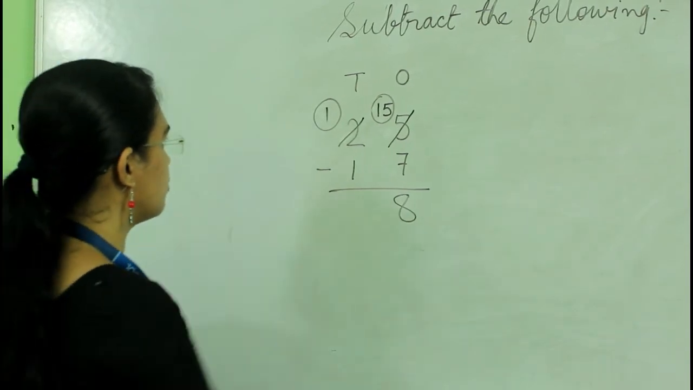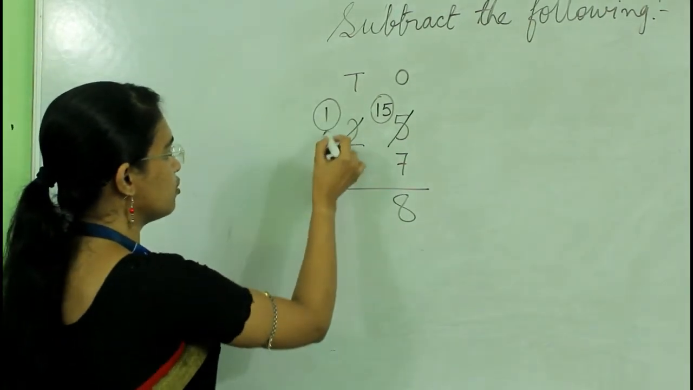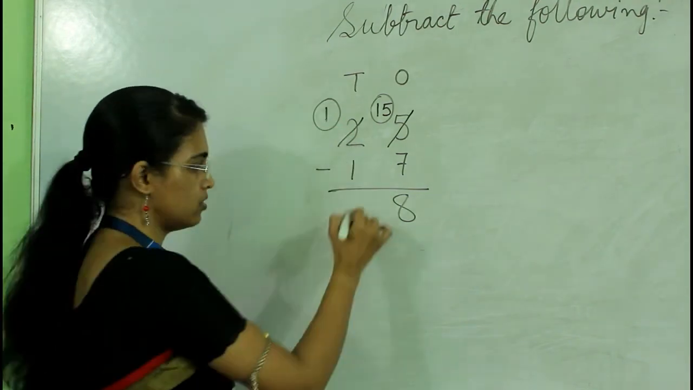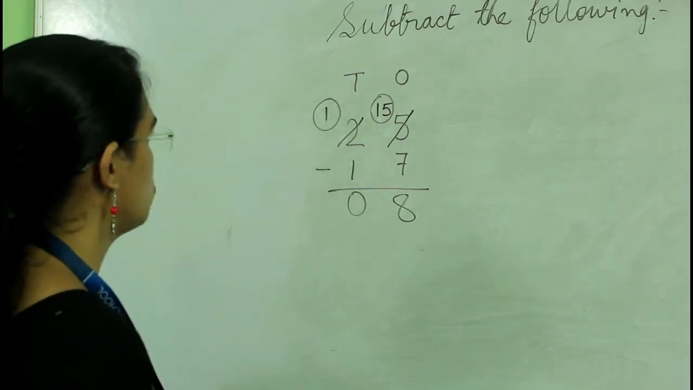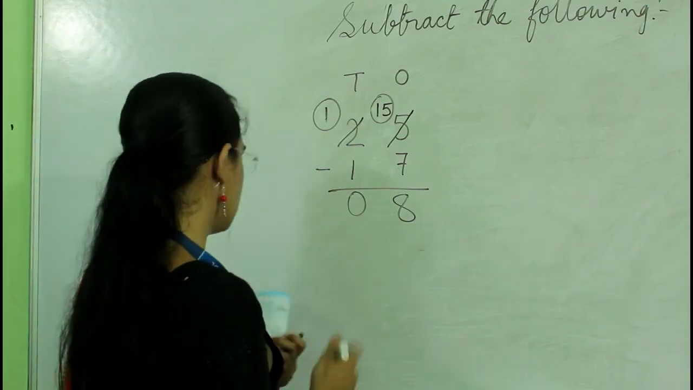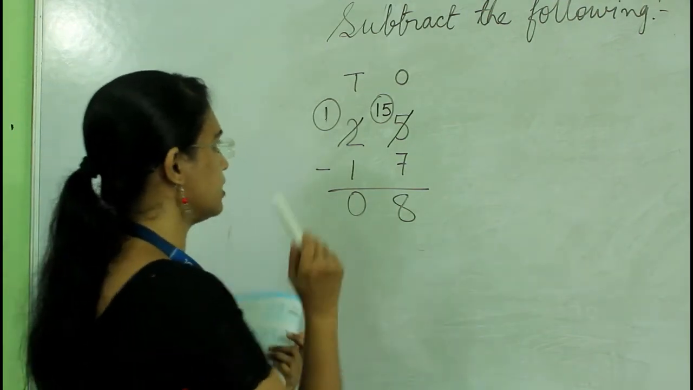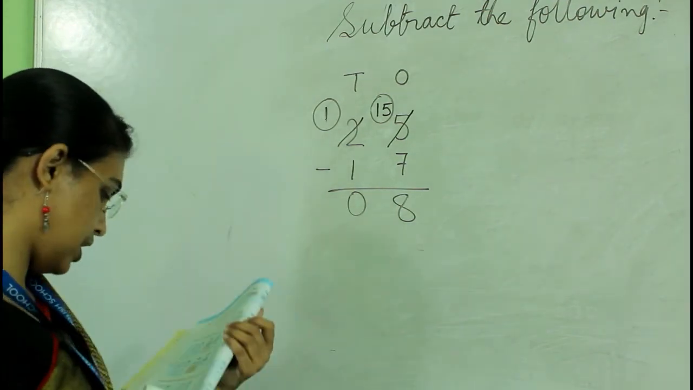Okay. So after this, what you have to do? You have to subtract this from this. So 2 minus 1 is 1. So the answer is 25 minus 17 is 0, 8. This is the answer. So next question,